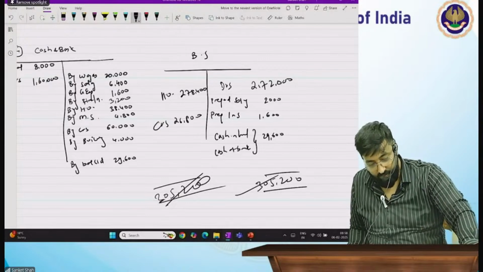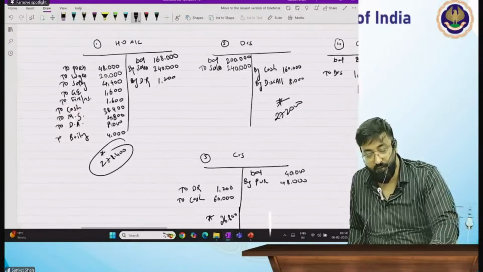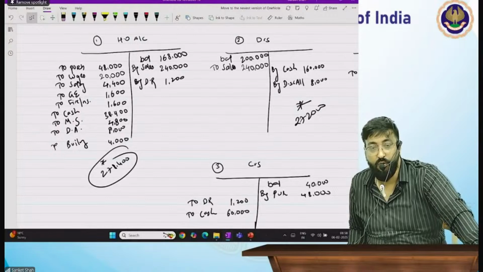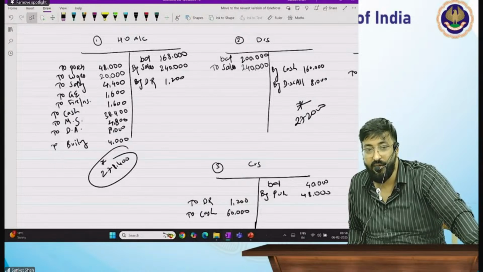Very good, beta Adishri. You solved it in a very neat way. You answered it. Sometimes there is a confusion of to and by, but yes, to speak is difficult, but it's okay. Do proper practice of this question. Okay, sir. So can you tell me question number 9 is related to